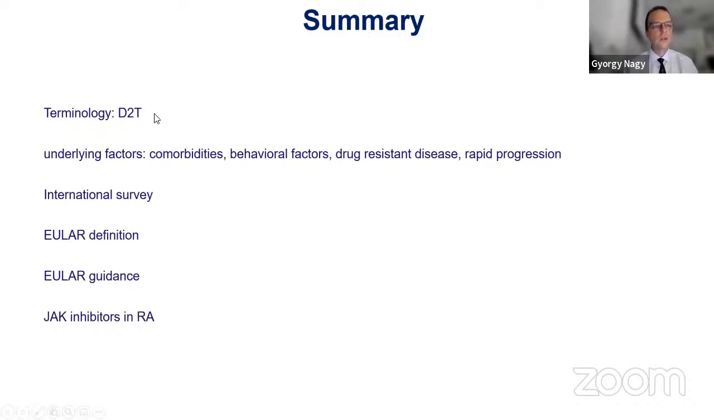So I tried to discuss the terminology, the underlying factors of difficult to treat rheumatoid arthritis. The major ones probably include comorbidities, behavioral factors, drug-resistant disease, and rapid radiographic progression. I tried to summarize the published international survey, the EULAR definition, the EULAR guidance, and also a recently published JAK inhibitor meta-analysis, which suggests that in terms of patient-reported outcomes in many aspects, JAK inhibitors seem to be more effective than other targeted therapies